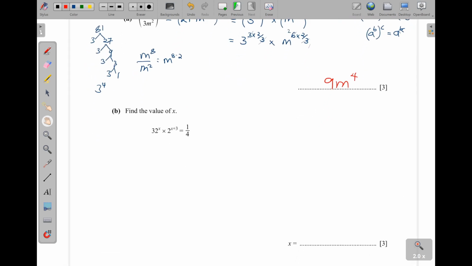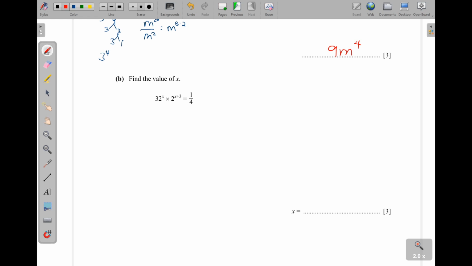Then find a value of x here. Now, the number 32, the number 2, and the number 4 are all powers of 2. So I can write them as powers of 2. 32 is 2 power 5, 2 times 2 times 2 times 2 times 2. And then this is 2 power x plus 3. And then 4 is 2 squared. Then here, using the rule a power b times a power c, the same bases, you add the powers, b plus c. That means we shall have here 2 power 5 plus x plus 3, then is equal to,